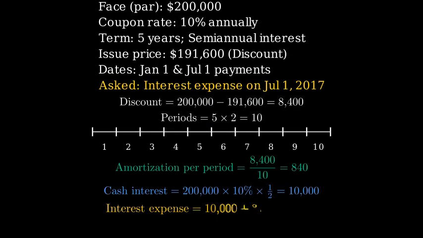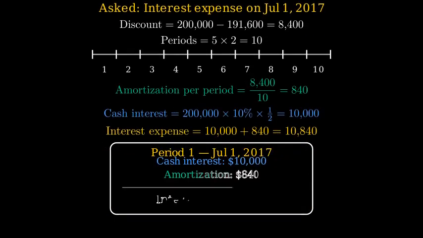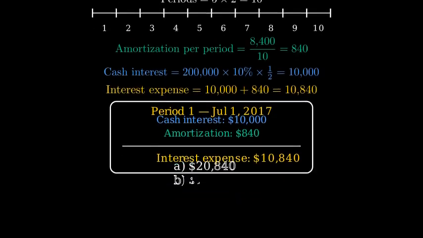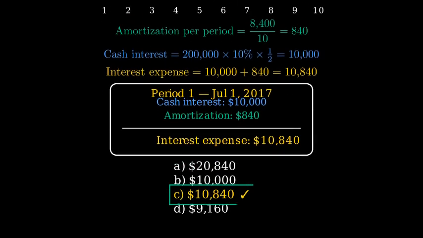Step 5. The interest expense under the straight line method equals cash interest plus discount amortization. That is $10,000 plus $840, which equals $10,840. Looking at the choices, the correct answer is choice C,